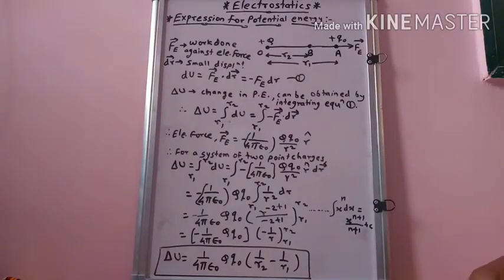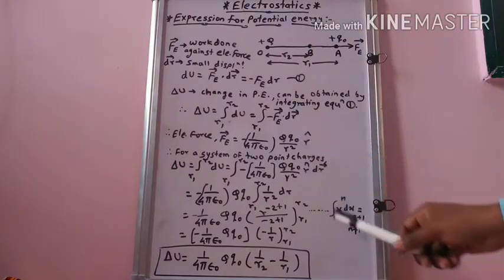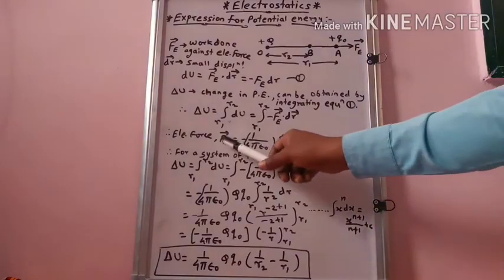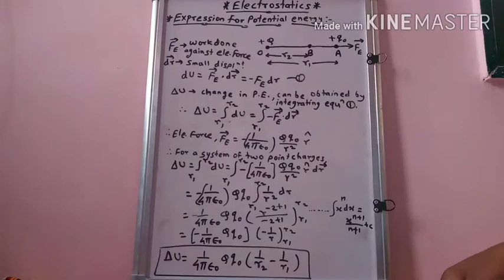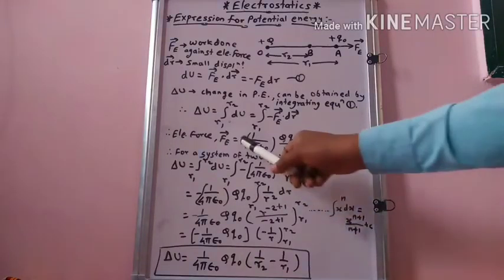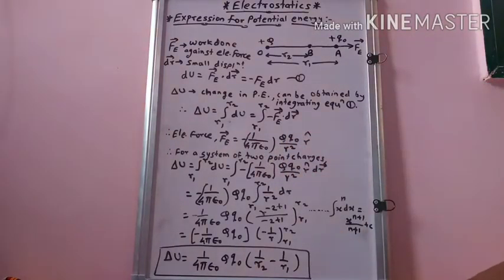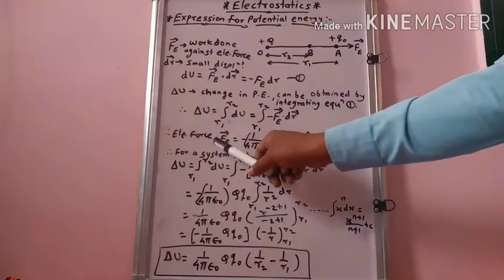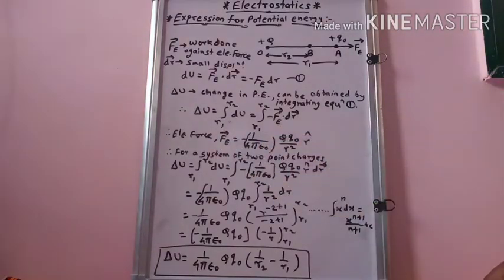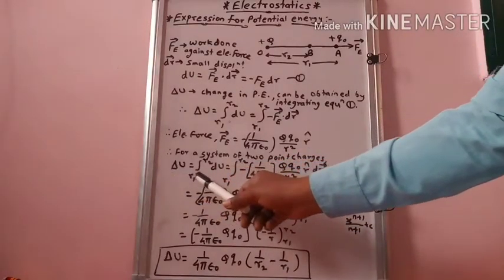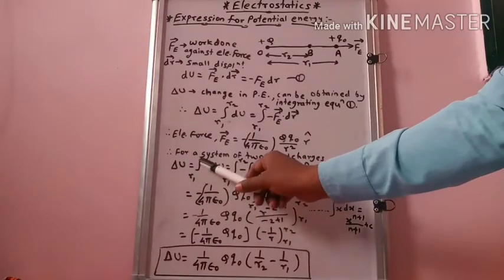The negative sign shows that the r vector and this Fe vector, that is the electrostatic force, are opposite to each other. It is oppositely directed. Therefore, for a system of two point charges, delta U is equal to the integration from R1 to R2 of dU,